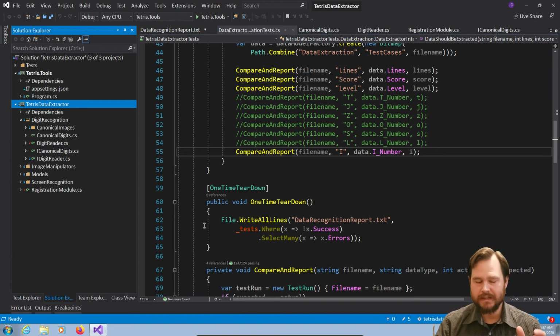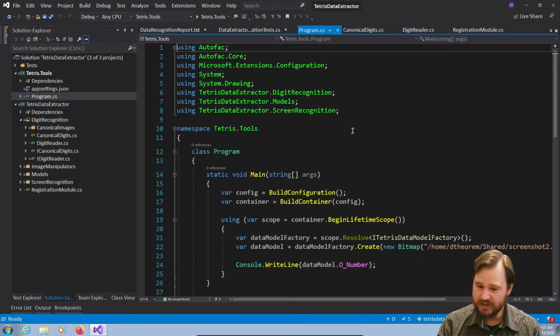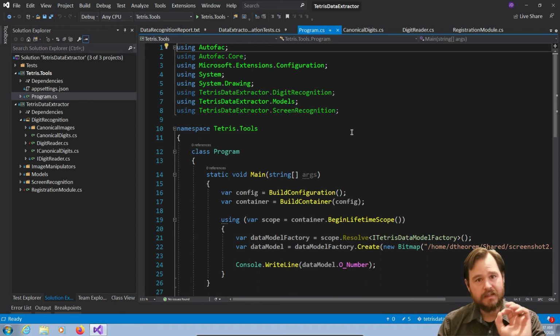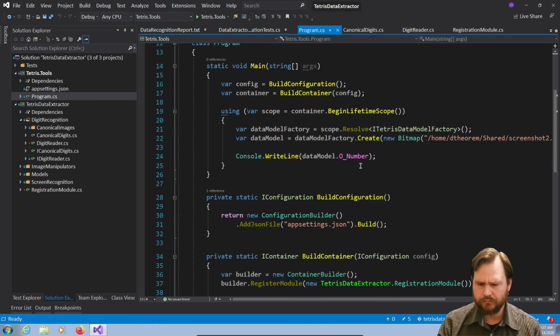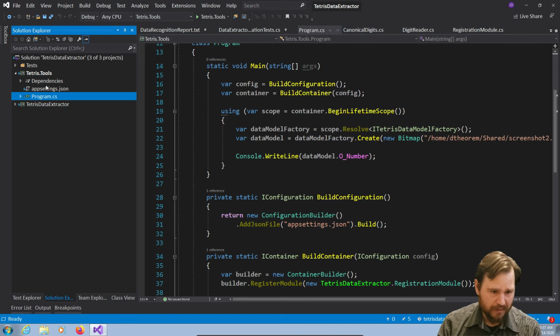But let's actually take a step back. Well, is it taking a step back? No, we're pushing forward. We're going to take all the screenshots and make them available to the actual program itself, not just a test. And then we are going to run a profiler to see where the slowdowns are happening. So the first thing I got to do is get access to all of my digits. And I think the best way to do that, although I wouldn't recommend it,